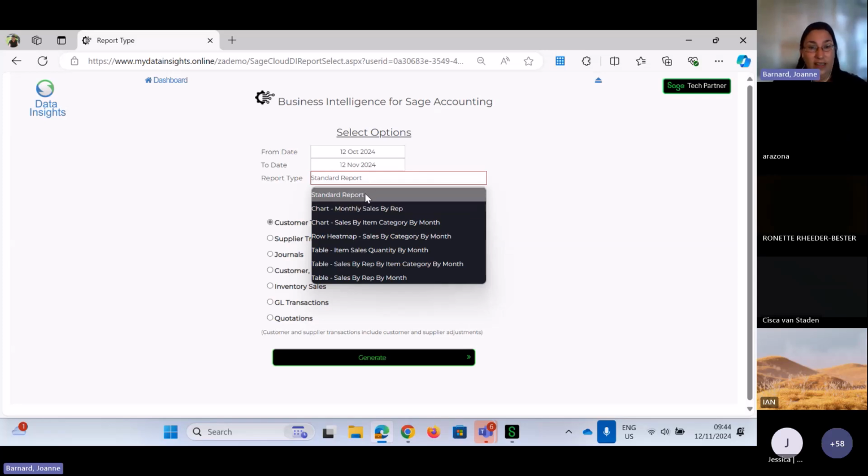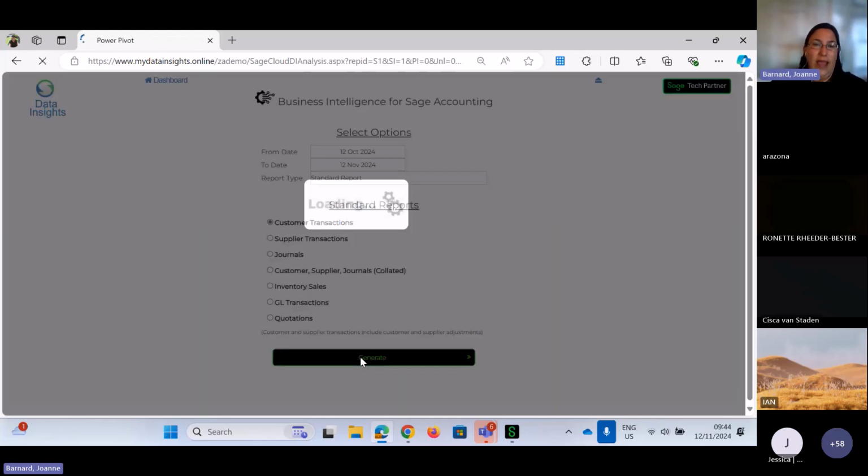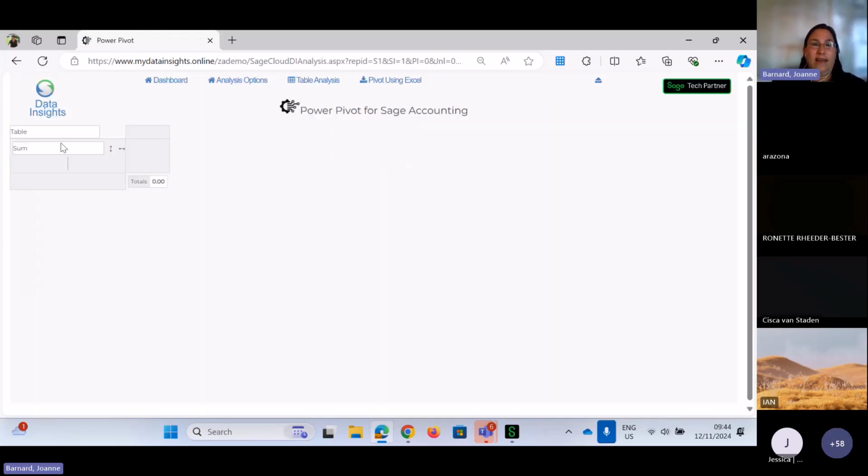So everyone has access to these standard reports from them. But you could literally say to him, listen here, I love the analysis, but actually I need to be able to categorize by this specific thing. Can I do that? And they would create a report here, and this report would then appear on your side. You would then select, so here I want to see customer transactions, for example. If I go generate, what this does is this will then basically,